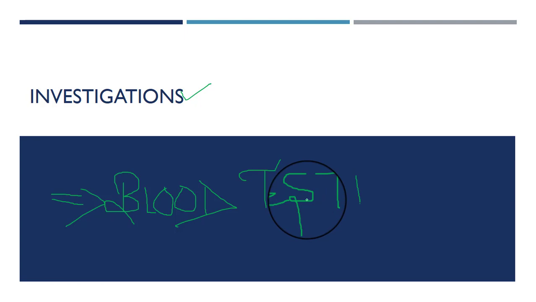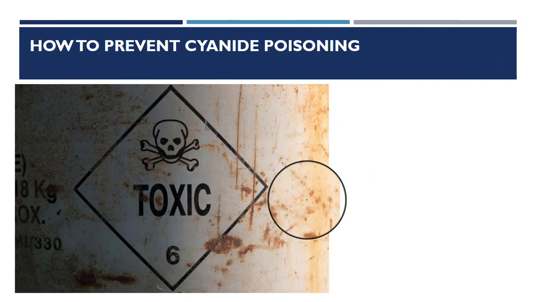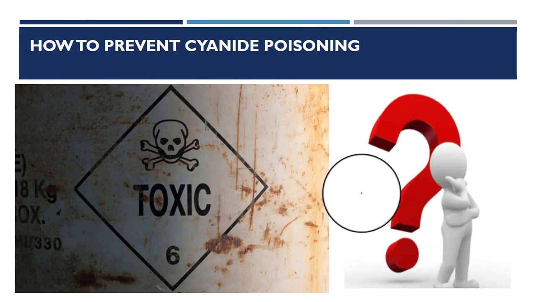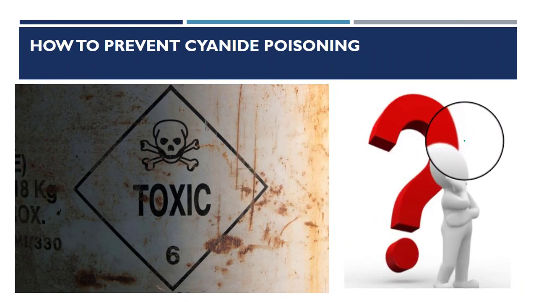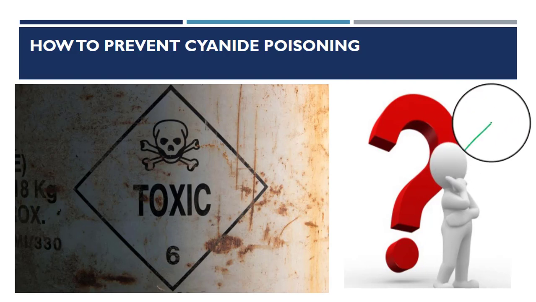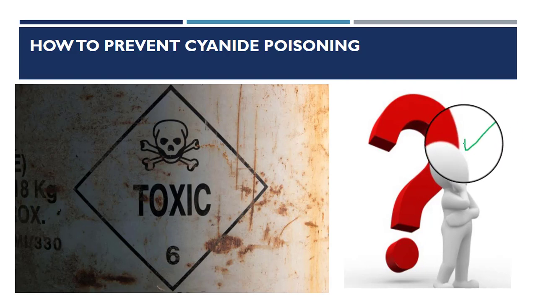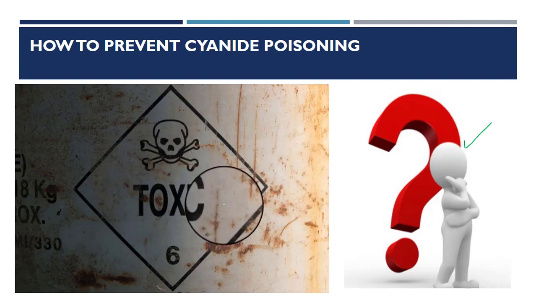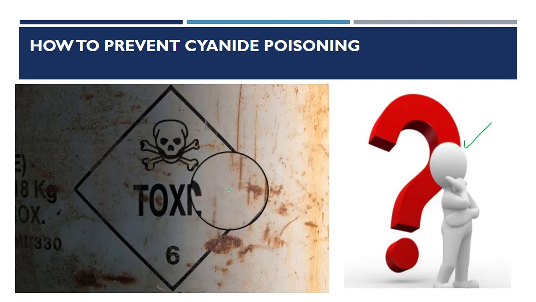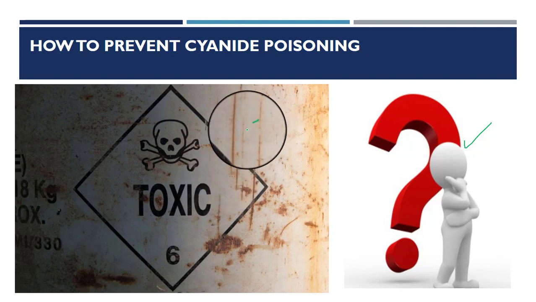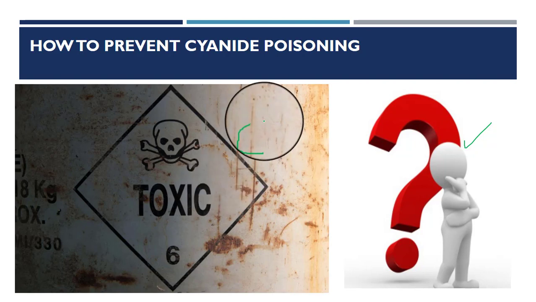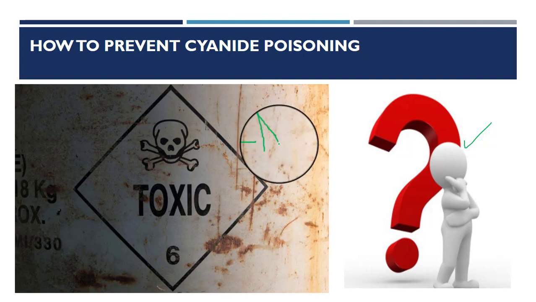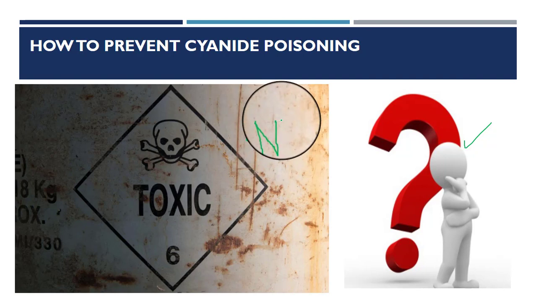Very important part, that is management. How you can manage, how you can prevent cyanide poisoning if you are suffering from it. What are the ways, what are the measures that you can try? So let's talk about it. So there are ways to reduce your risk for cyanide exposure. So you can first take proper precautions against a home fire. So for that, install and maintain smoke detectors, avoid using space heaters and halogen lamps, and avoid smoking in the